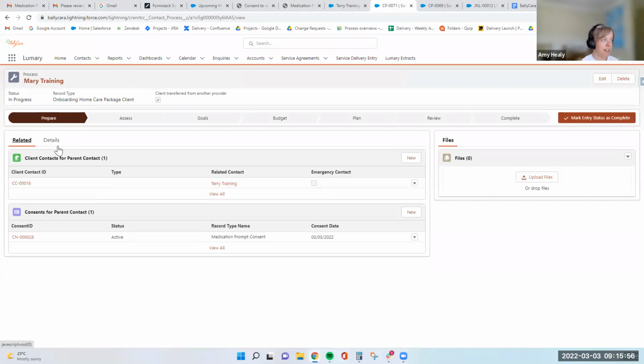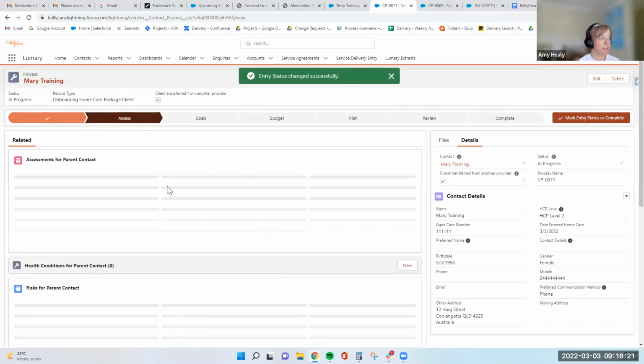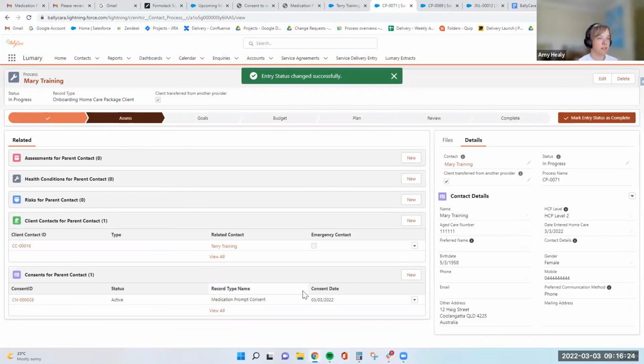So this is just the main page. Really, this is just a quick check to make sure that everything's looking okay and we're happy to proceed on with the next step. At the top, you can see this is our path, and our pages that we see are going to change based on what stage we're at within the process. So two ways: we can either mark entry status as complete, or we can click on the next stage and hit mark as entry status, and that will change that for us. And you can see that that's changed the page, it's changed what we can see, because this is prompting us for our next part of our